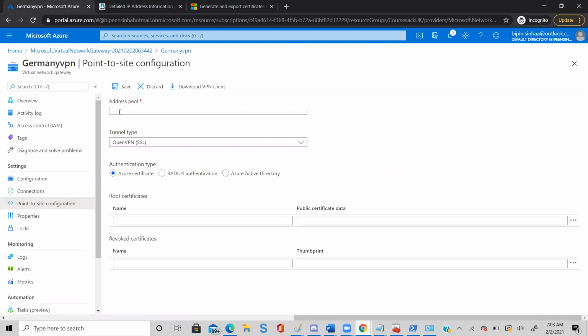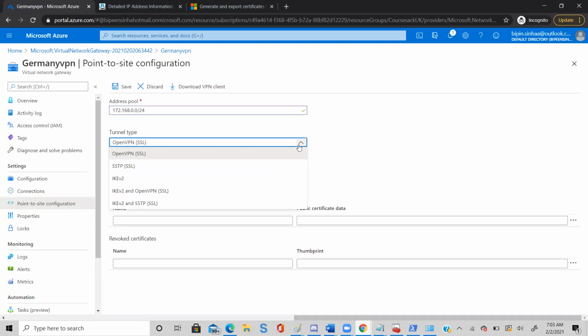Type the address pool. This is for computers. So type here 172.168.0.0/24. Now in the tunnel type drop down, select OpenVPN, SSTP.